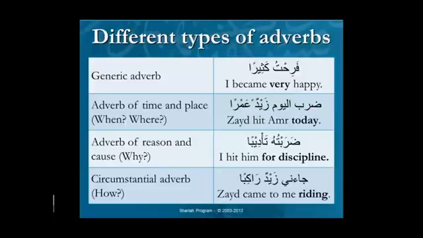It's an ism that's occupying the generic adverb. So kathiran is an ism, al-yawm is an ism, ta'diban is an ism, and rakiban is also an ism. And we're speaking about the total possible ways an ism could be used. So we're getting some idea. And it's not random either. I'm not just giving you a random listing. I spoke about the nominal sentence specific ones at the beginning, and now I'm speaking about the usages that are specific to the verbal sentence.